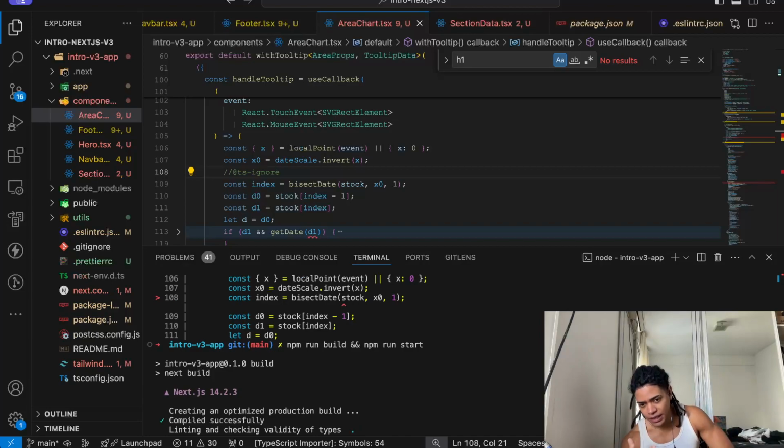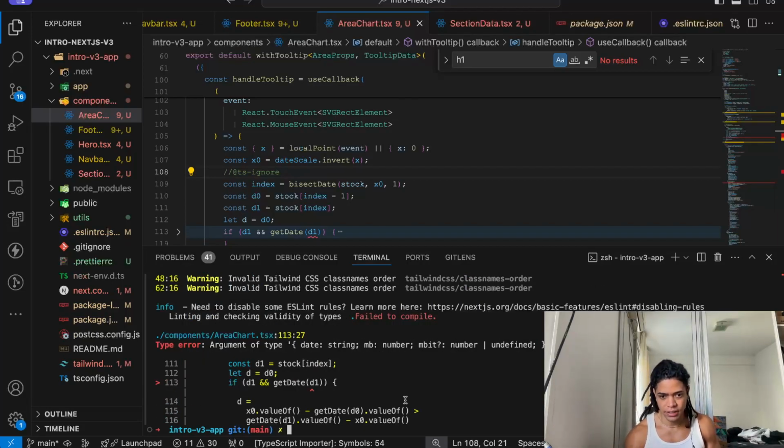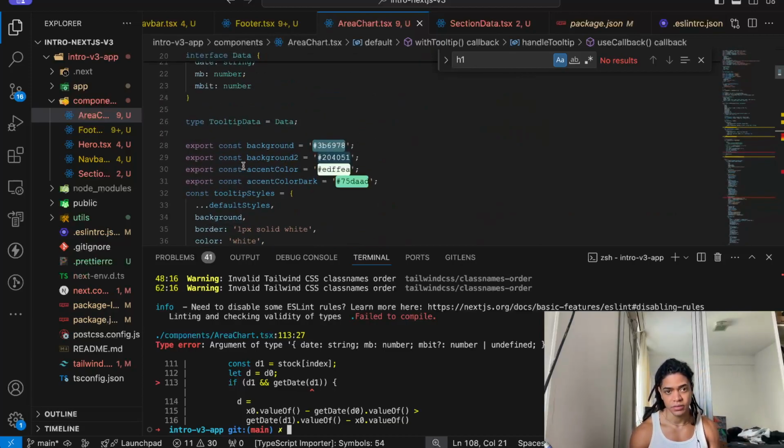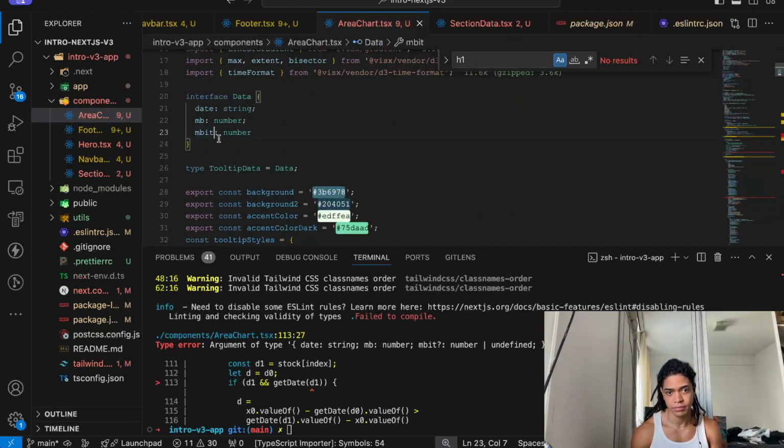So again, it's complaining about the shape of the data, that kind of thing. Also here, not assignable to type of data, where the data here contains this shape.